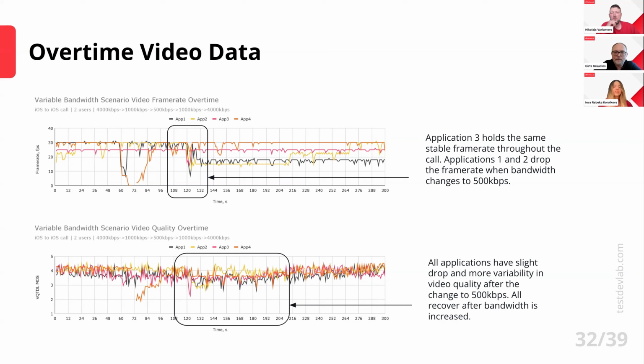And another interesting thing, the one that is highlighted with the black square, is that on the second change, two applications, application 1 and application 2, are dropping the frame rate to be able to maintain the video throughout the call on 500 kilobits per second.